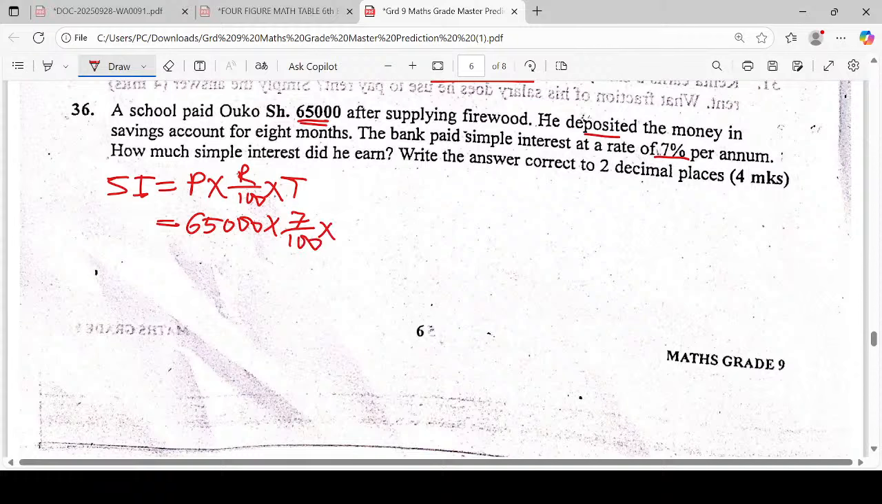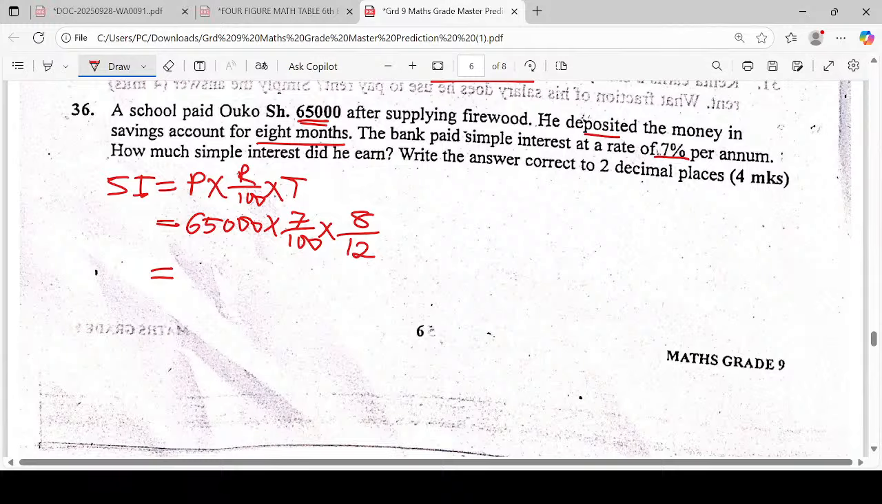What is the time here? The time is 8 months. Remember to change the months into years. So that will be 8, and when you change to years, you divide it by 12. What are you going to compute? It's very important for you to organize your work and be very sure with your working, learners. Math is a very simple subject. So 65,000 times 7 over 100 multiplied by 8 over 12, that is giving us